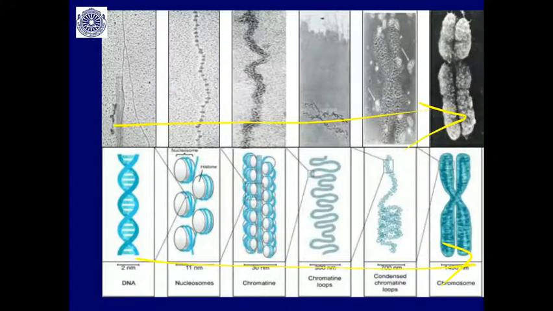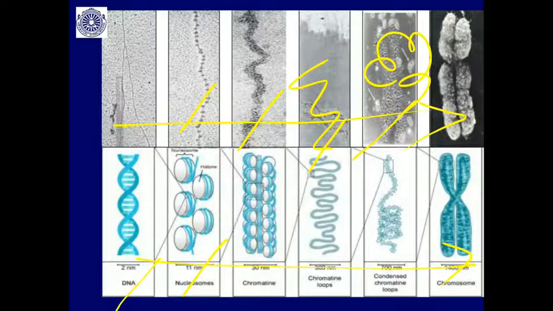So, first level of coiling, that is DNA, then you will find the string of nucleosomes, then you can see it is further coiled to form the solenoid structure, where each turn has 6 nucleosomes. Then you can see it is further coiled from interphase to prophase. There are 2 levels of coiling. You can see this fiber coiled in this fashion, then it is further coiled like this. Then with further coiling, you will find the metaphase chromosome.